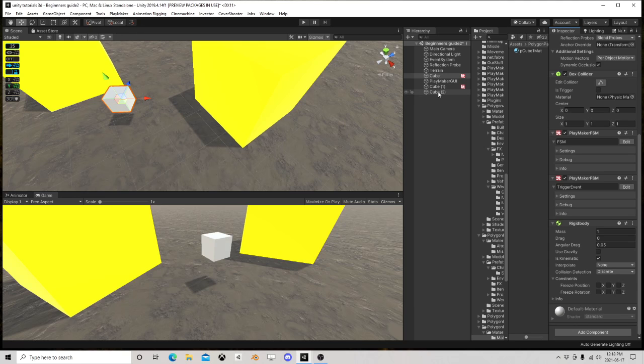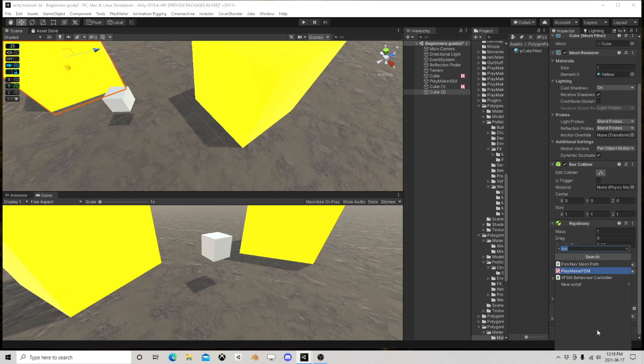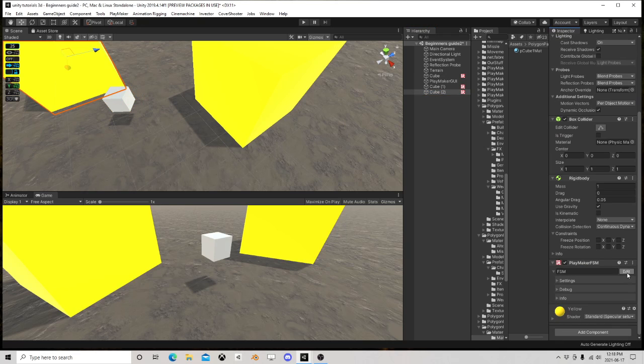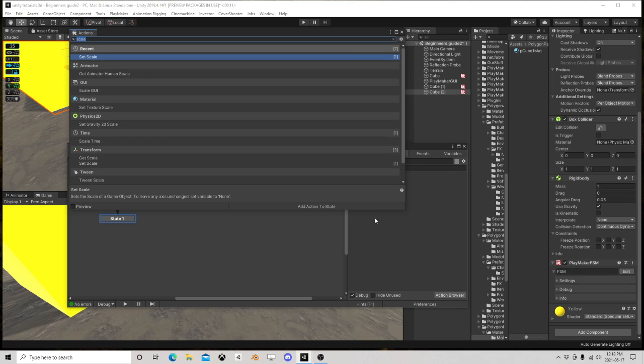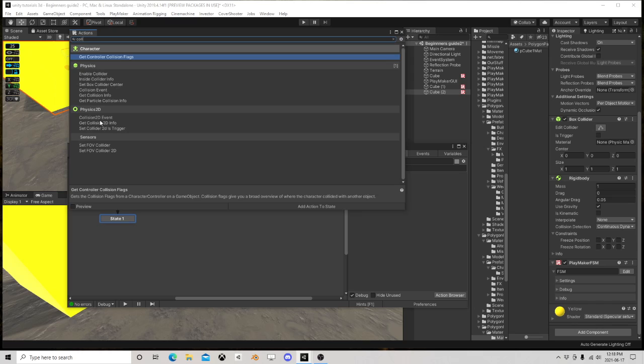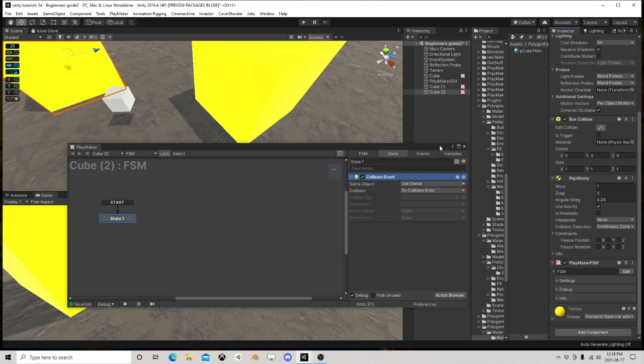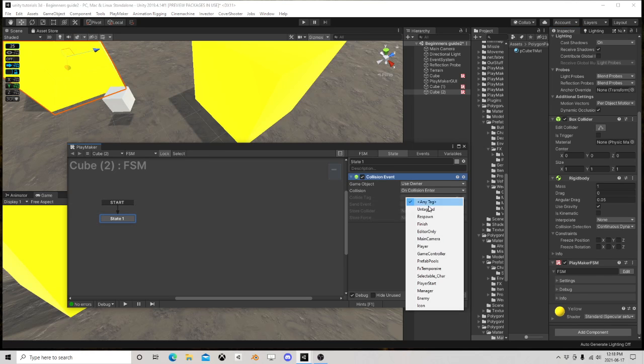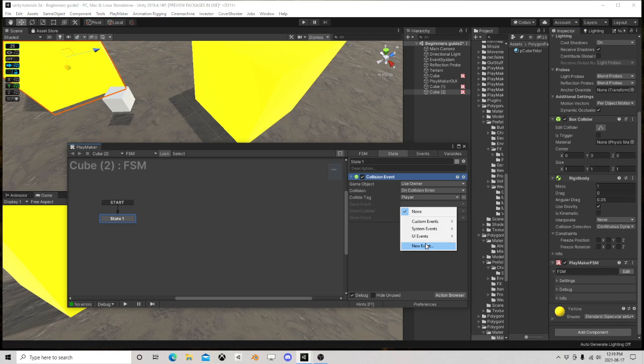Alternatively, when we get to this guy, let's add an FSM. Now he's not using a trigger though, he's using a collision. So let's get a collision event. On collision enter, with player, send event,